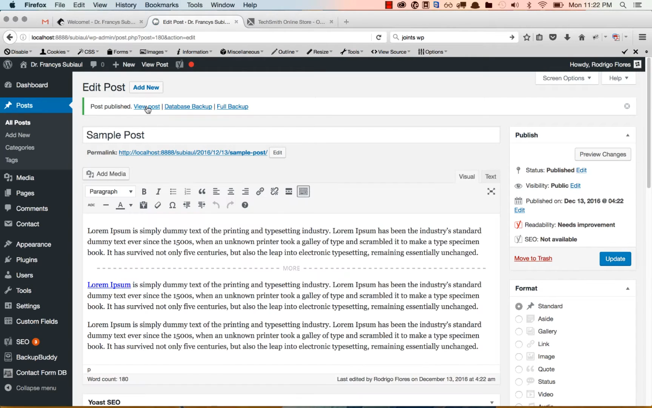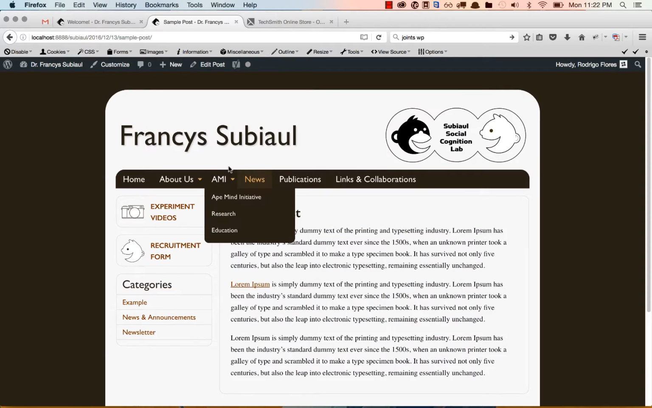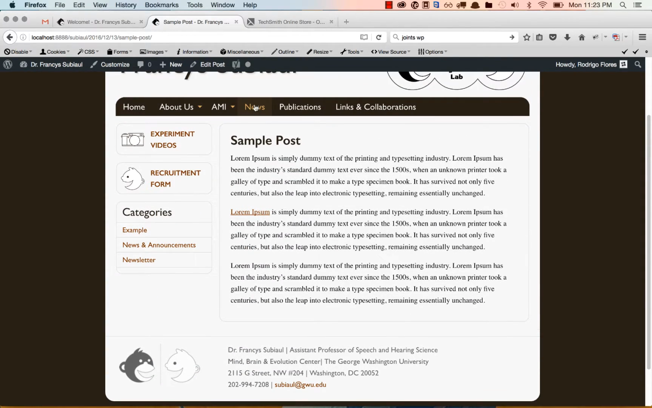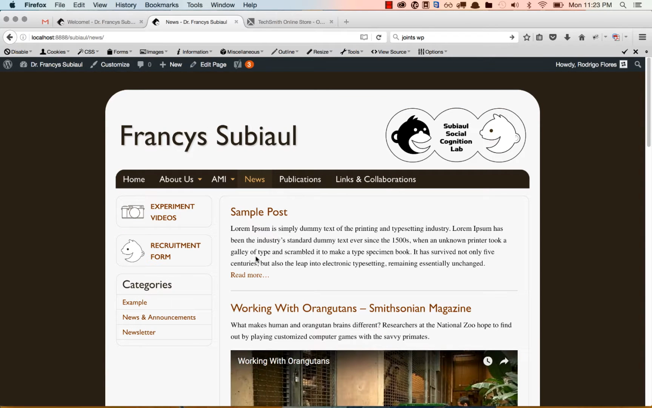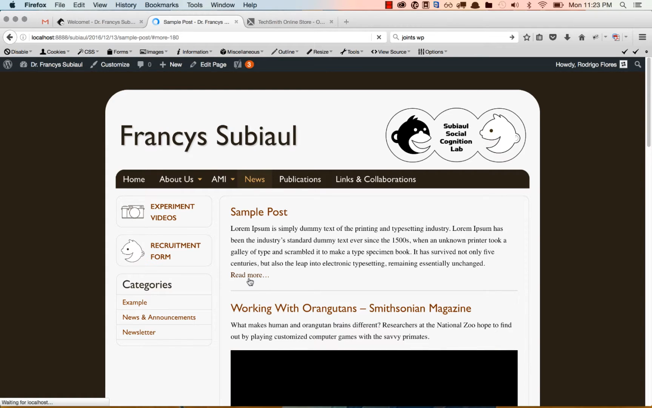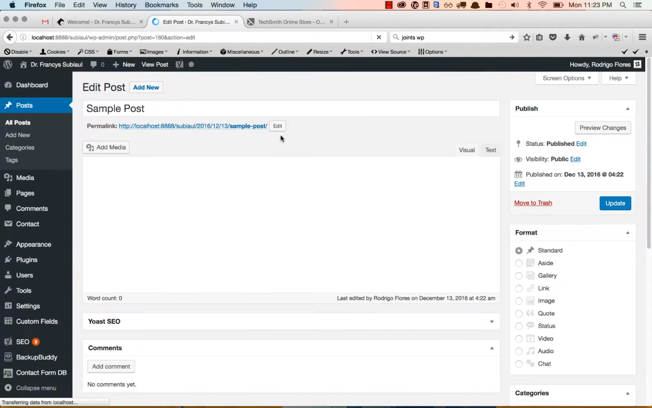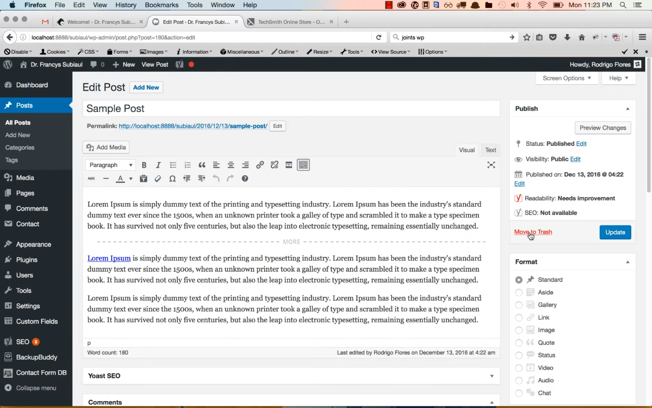And now when we view the post, we'll see the full summary of the post. But if we are in the news section, we'll see that there's an introduction for the post with the option to read more. So if I click on read more on the actual title itself, you'll see that it links us to the full post itself. So if I wanted to, for example, just delete this, I can move it to the trash,